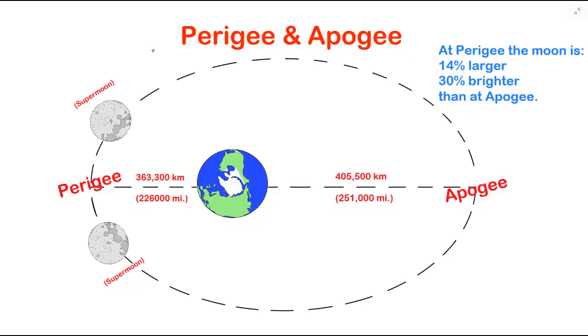Now, if we analyze this diagram from a super blue moon perspective, we're going to see that there are going to be 2 supermoons in a row. However, they're not going to be in the same spot just because the orbiting period and the lunar phase period are off. So the periods are off, so it's not going to be in the same spot. And that's all due to the fact that a supermoon is going to be a full moon. So it's going to be a full moon right here, and then next time it's going to be a full moon, it's going to be in a different spot.